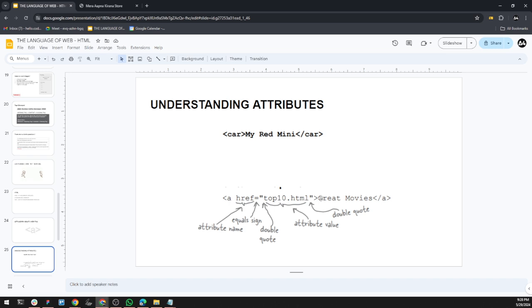Okay, and here we again have the content. Okay, content is nothing but it's a text. Okay, and it's a powerful text because we have linked this text to a new page. So when someone clicks on get movies, we will take him to the movies page. And then you have a closing tag. Now you see